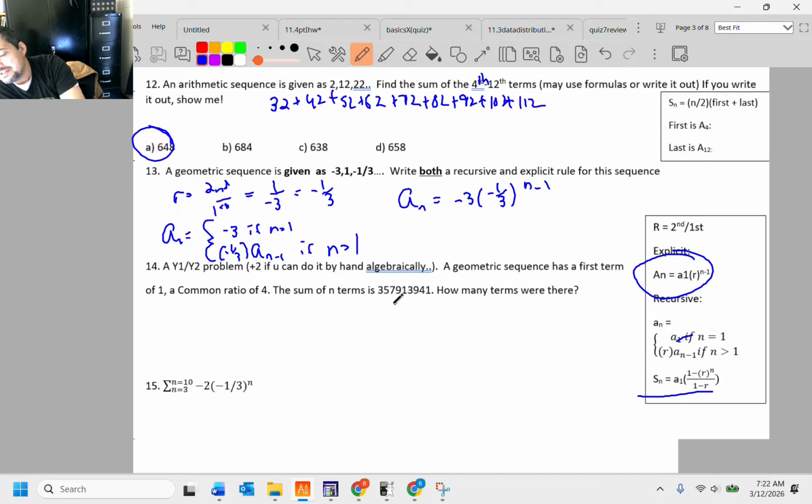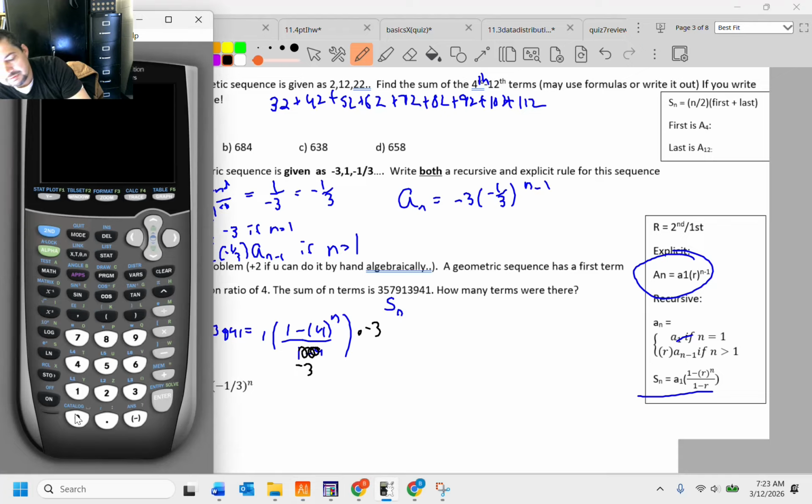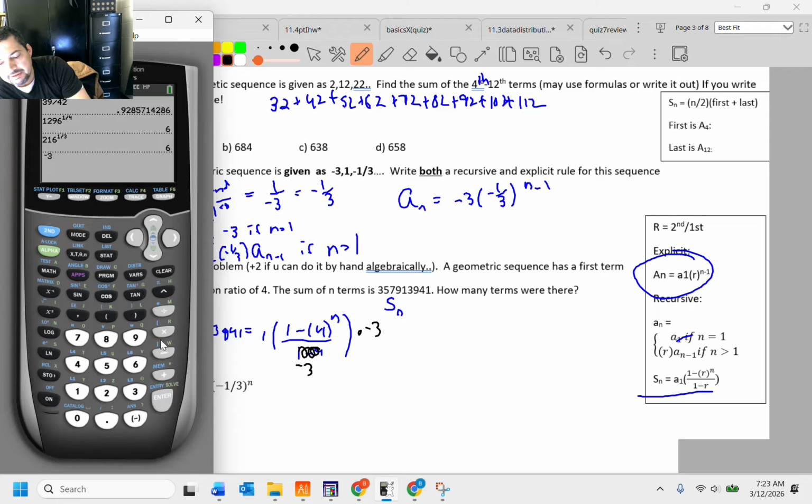Okay, so this is S of n. First term is 1 times 1 minus the ratio of 4 to the unknown power of n, sitting over 1 minus 4. Now I'm just going to do this thing by hand real quick. It can't take that long. This is going to be a -3, and the opposite of dividing by a -3 is multiplying by a -3. So let's see what that's going to generate. -3 times